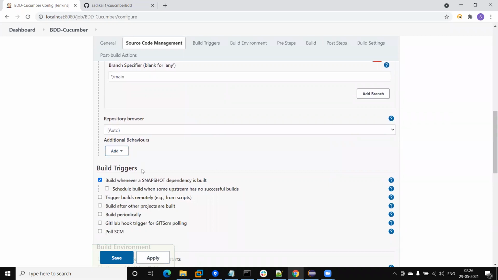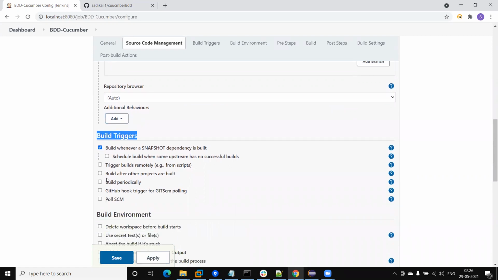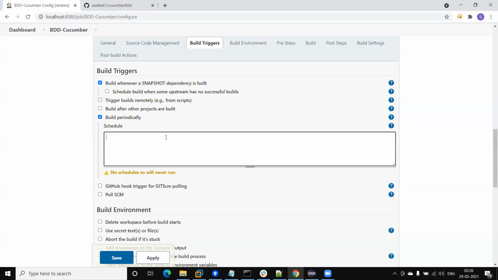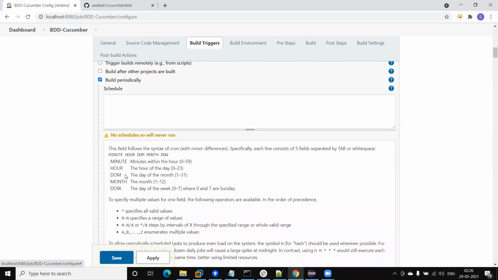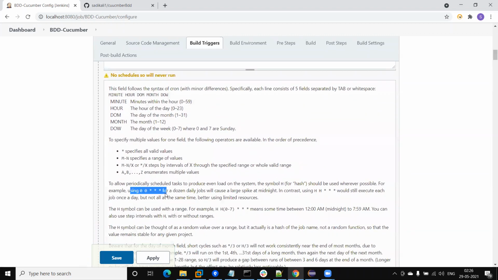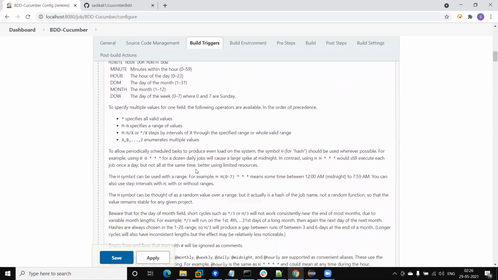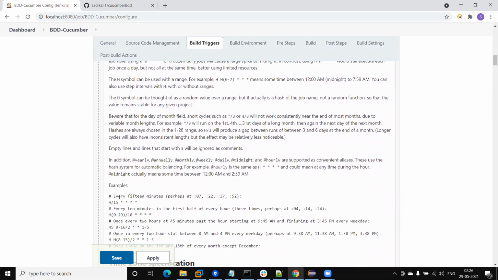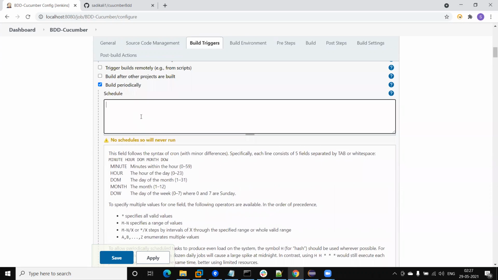This is the build trigger section, where we can schedule the execution. One important option is build periodically. Here we can mention the time when we want to execute the test, and we can get help from here. The format is available, and we will update the times here. Suppose we want to execute every 15 minutes, we can use this one, like this.